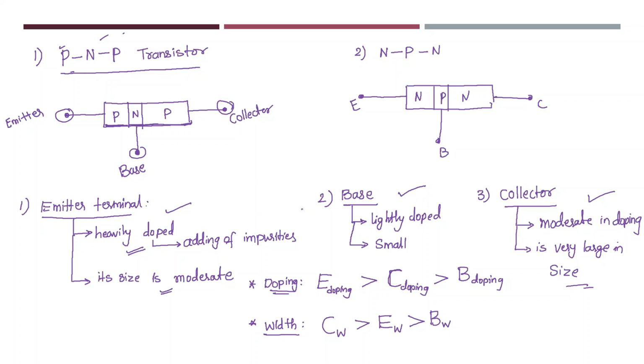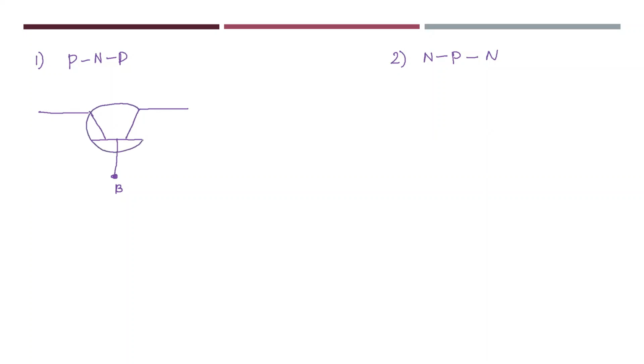Let us move on to the next one, the circuit diagram. Circuit diagram of PNP and NPN transistor. First one is PNP transistor and next one is NPN transistor. As I know that it consists of 3 terminals, the circuit diagram for PNP transistor is drawn like this. This terminal is base terminal, and there will be two other terminals. One will be collector terminal, other will be emitter terminal. So let me take this terminal as emitter terminal and this terminal as collector terminal.